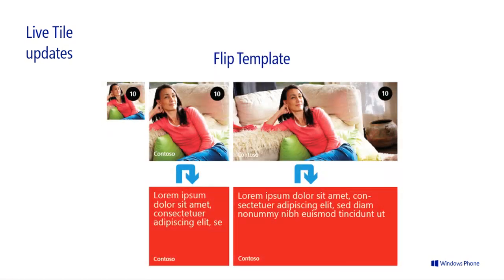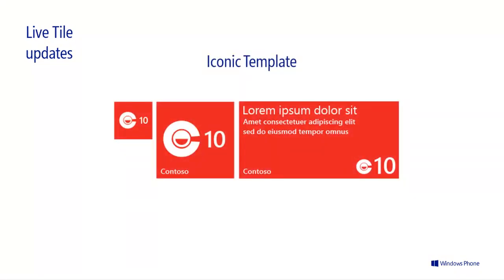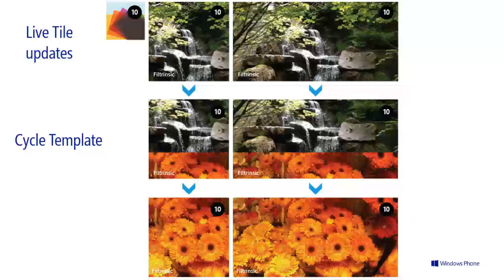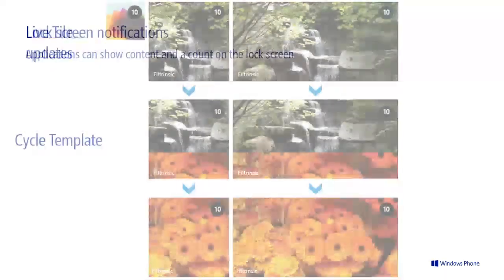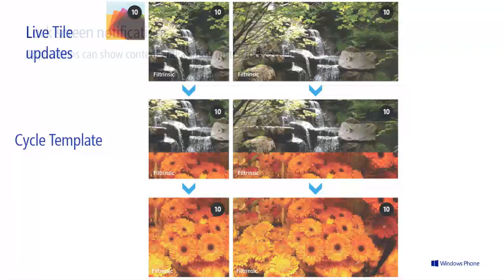We added these new template types. The flip template was the one we have, but in 3 different sizes. The iconic template. This is now super, super easy for a developer to implement. Before, you had to paint the image in your app. And then the cycle template. You can download the images in a background agent and have your template update dynamically in the background. But not just images, right? If you were composing images on the server that constituted some sort of information, you could do that too.